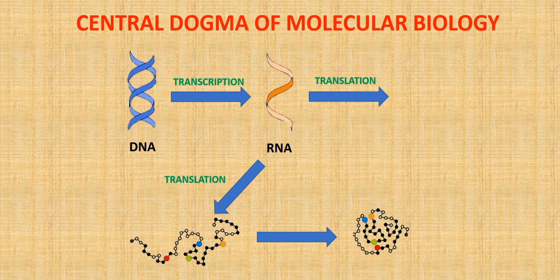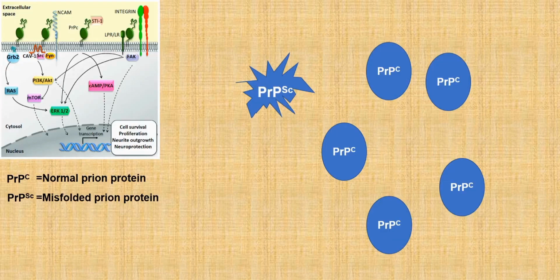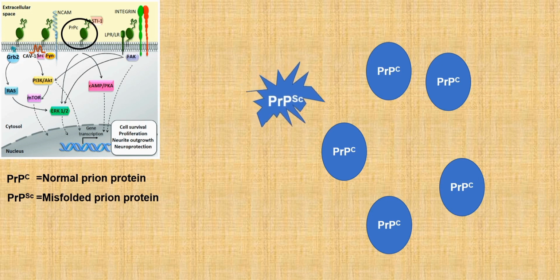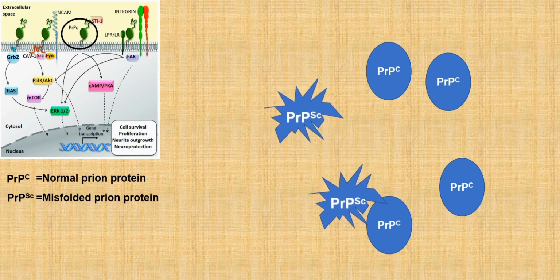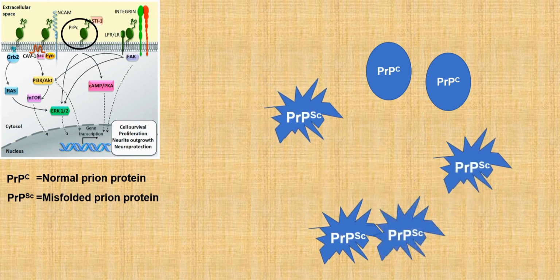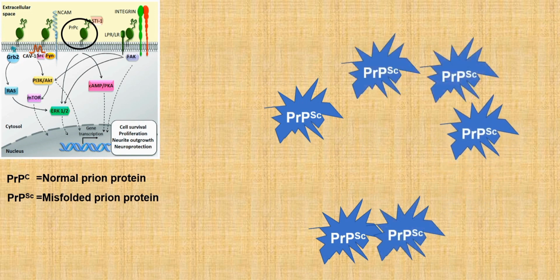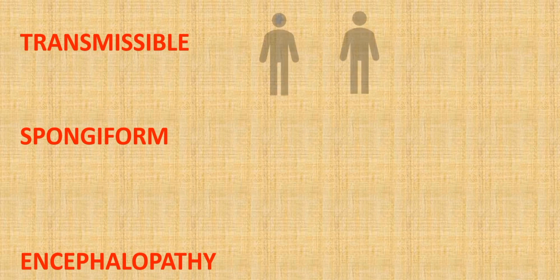But the misfolding of prion protein is unique because the prion protein can be transmitted from one person or from one animal to another animal. The normal form of prion protein is extremely abundant in blood, and a single misfolded protein can cause other normal proteins to misfold, which then results in the misfolding of other prion proteins. As a result, the entire brain is filled with misfolded protein, thus resulting in prion disease or transmissible spongiform encephalopathy.